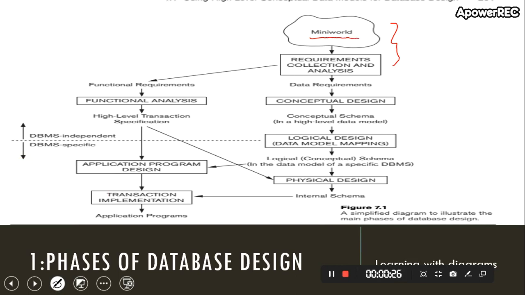Suppose I have to store some data for my company. Then some of the information I will store in my company database. So the part of information that is getting stored in the database, that's why my company database will depict my mini world. There are mainly 4 phases in designing a database.